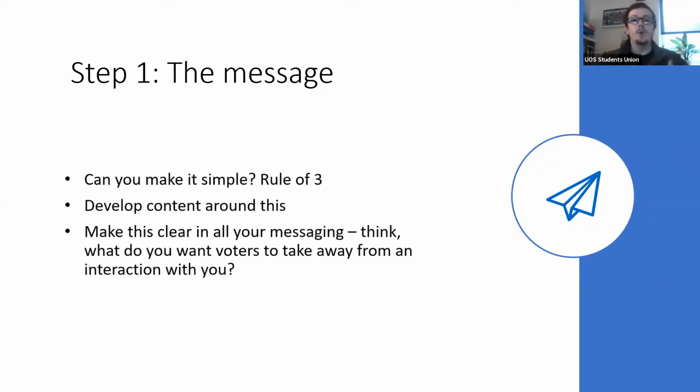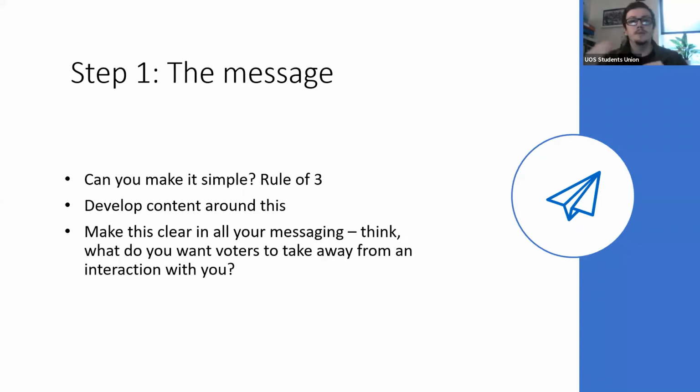When you're talking to students, obviously you don't want to throw all of that at them in every conversation you have. So what you want to do is try and break it down. When you're having a discussion or a debate, the rule of three is always really good. If you can list three quick things that can stay with people, that's really good. You might have lots and lots of ideas of things you want to change on campus if you're elected. If you could either pick the top three or find a way to fit them all into three different themes, then that would be really good.